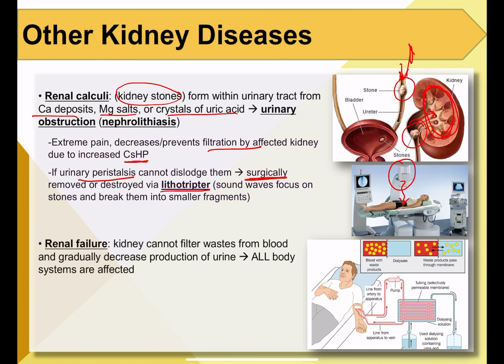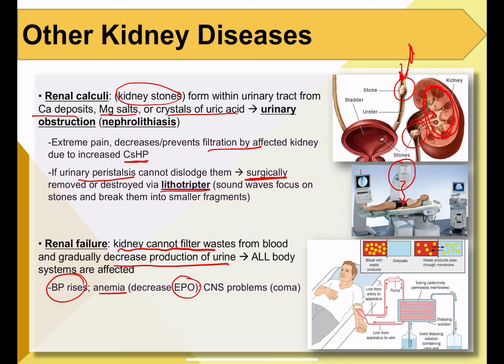Now, renal failure is when the kidney cannot filter waste from the blood and gradually decreases the production of urine over time. Your entire body systems are affected when your kidney stops functioning. And this is why when your kidney stops doing filtration, you're going to have kidney failure very soon, and the person will die within a matter of days. Okay. Now, renal failure can lead to blood pressure increase, anemia, because now when your kidney is not functioning right, you're not going to have EPO stimulation. So that means you can have anemia, or you have central nervous system problems,